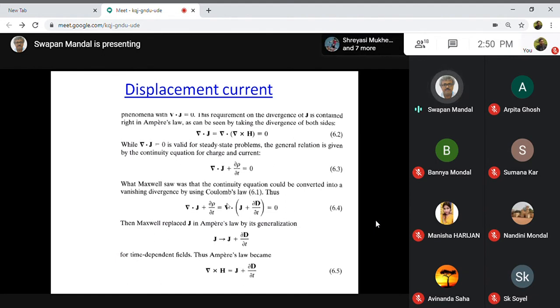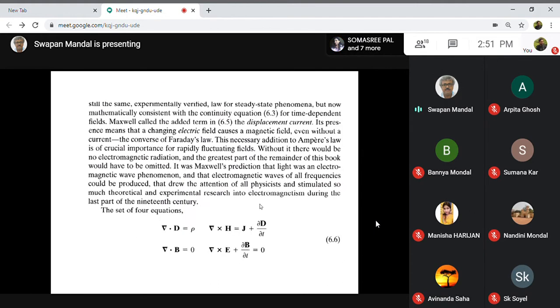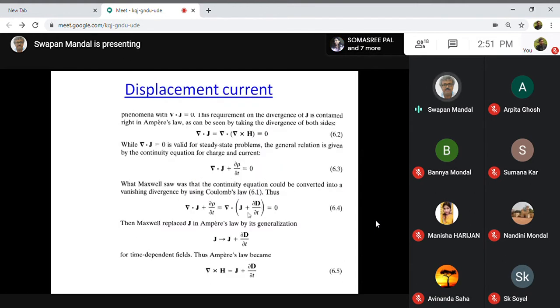The current density is now contributed by two parts. The first part is usual, coming from your usual steady state phenomena, and the second one is coming from your equation of continuity part. So we can talk about a total current density, J plus ∂D/∂t. So ∂D/∂t has the dimension of current density as well. D actually has the dimension of charge density in some sense, because if you differentiate the charge, you will get the current.